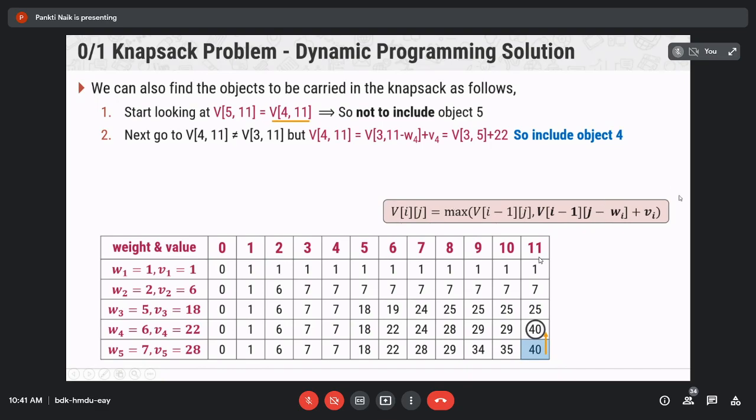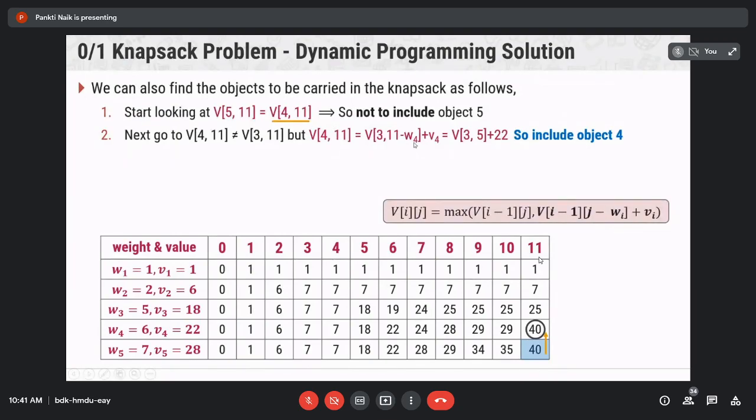So using this equation, we have to match our value of V[4][11] with the value of V[i-1][j-Wi] plus Vi. Right? In the equation of step number 3, the second part, that is this. We have to match the value of this equation with V[4][11].